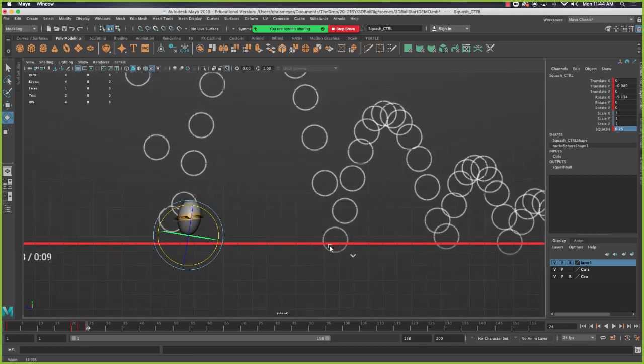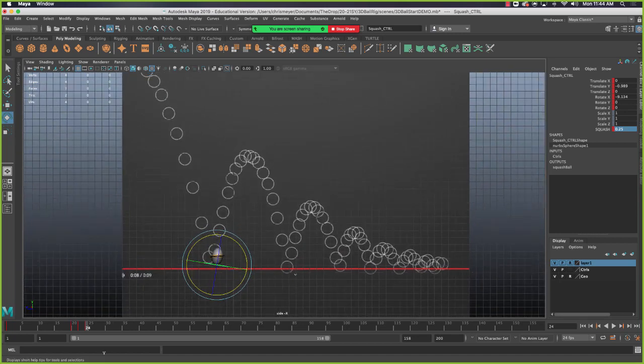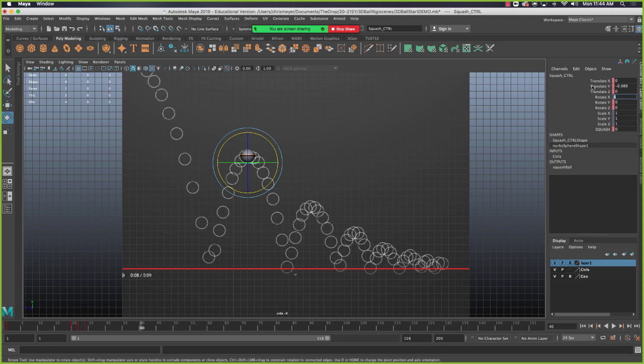And before I play this for you, I'm going to just go up, find the top of my bounce here. So right here, frame 40 it looks like. And all you'll do is go up to your values up here. I'm going to replace a 0 for my squash, a 0 for my rotate. Leave the translate Y. The translate Y is good. So that one you can just leave alone. But I'll reset my rotate and my squash, hit S, and set my keyframe. So now you can see I have 1 frame at the top, 3 frames at the bottom, a stretch, a squash, and a stretch. So if we play this back,